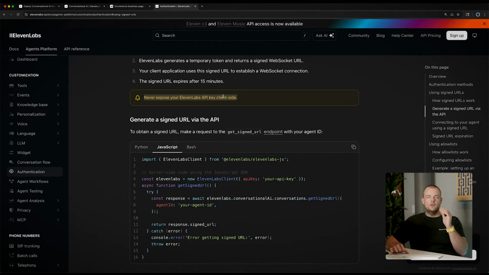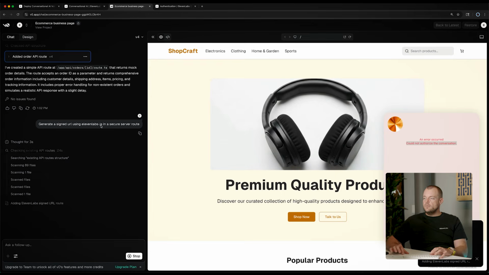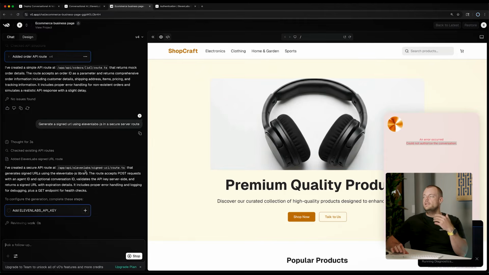It's a purely server secret key that we can only use in a secure server environment. So now we can see here that we will add an API route to get a signed URL, which we can then use on the client side to initiate the conversation. So you can see here that now we will need an ElevenLabs API key.